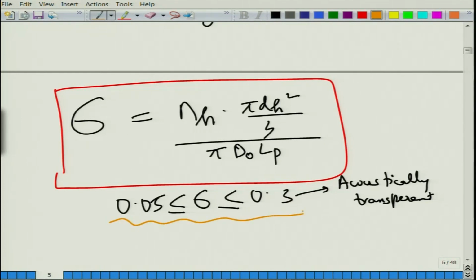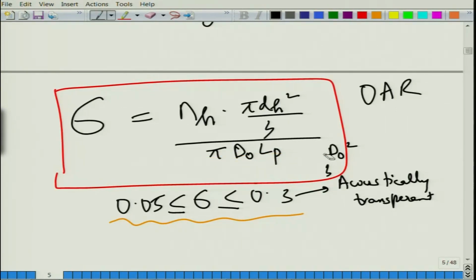There is also something called the open area ratio. Open area ratio is related to sigma; it is the total area covered by the perforated holes divided by the cross sectional area of the pipe. So, in place of this you would write pi d naught square by 4, and you can simplify matters. Open area ratio is important for getting the back pressure due to these things. We are probably not going to talk about that in this course, but just for knowledge sake I thought of mentioning OAR, open area ratio, also.